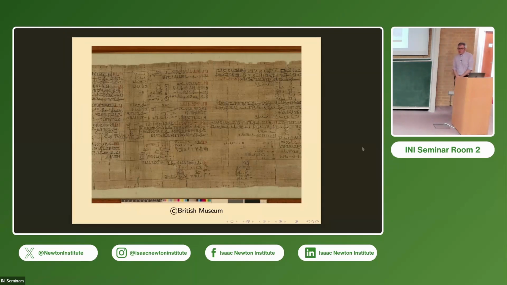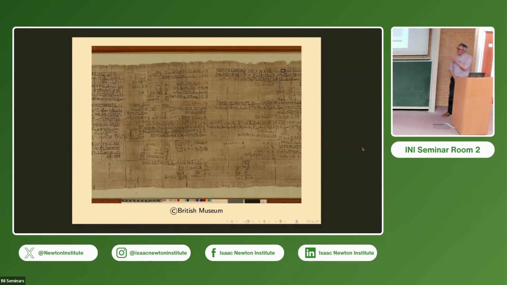So you've probably heard of it. It's the Rhind Mathematical Papyrus, which takes its name from him. Quite why this ended up in the British Museum, separate from all his other stuff, I'm not clear about. I think there's some archive work to be done in the British Museum to figure that out, because he seems to have had some contact with Samuel Birch, who was one of the keepers there. So perhaps Rhind bought this to order from the British Museum, possibly. That's something that needs to be figured out.